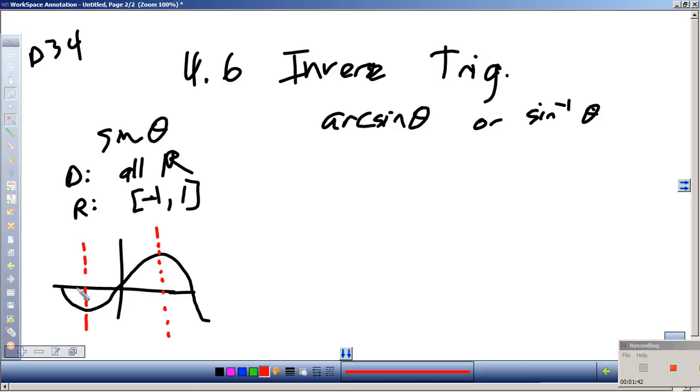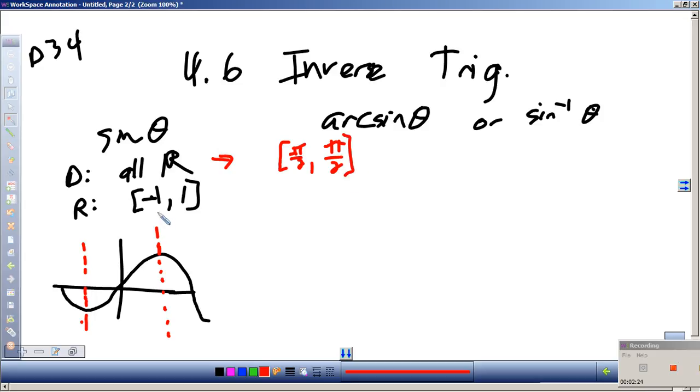Where is sine equal to -1? -π/2. So we go from -π/2, and what would the highest point be? +π/2, because that's where sine equals +1. So we treat this as -π/2 to π/2,